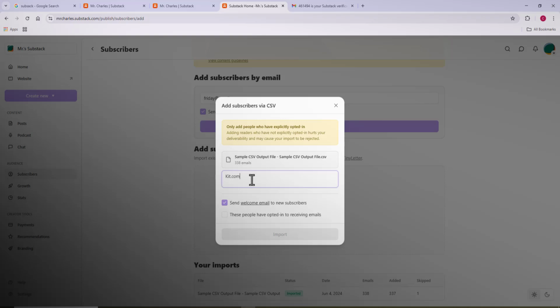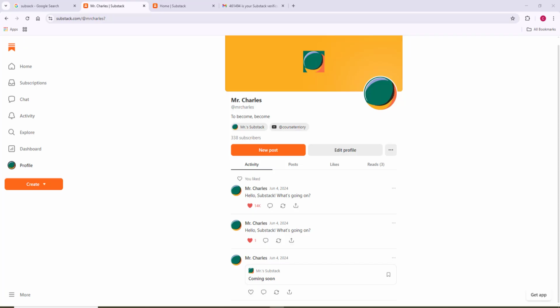So you're going to be importing your list, and also I'm going to be teaching you, more importantly, how to send emails to them. Like I told you, if you follow these exact steps, you'll be able to start sending emails every single day to whoever you want to send to, and absolutely you're not going to be paying